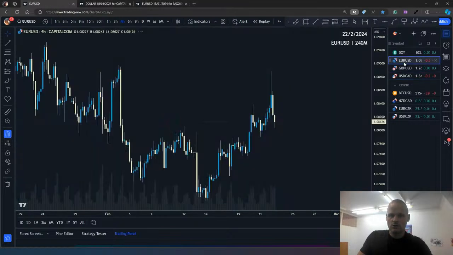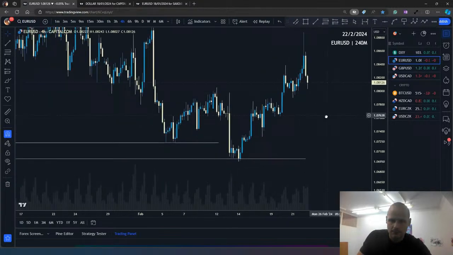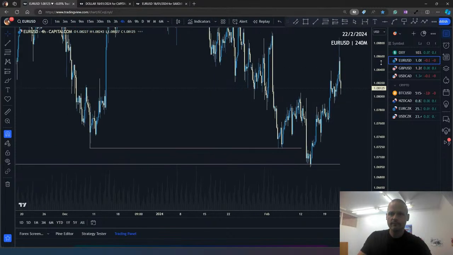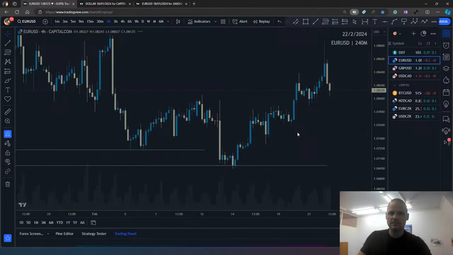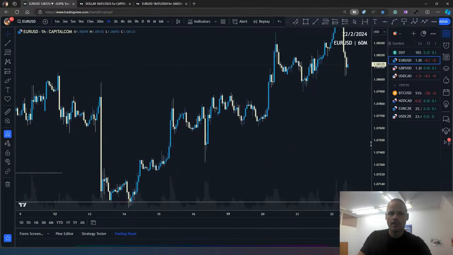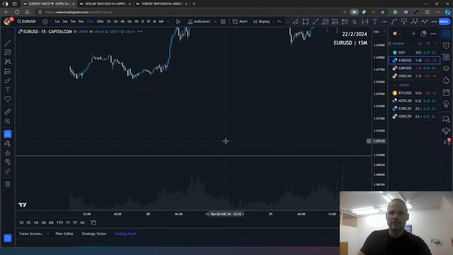Now let's look at the euro. And here it is actually the opposite. We had the trade from the external because these double bottoms were left in here, and then we had the trade from the external to the internal. So it's another example, an opposite example. We need to go to a lower time frame in here. Here it was difficult to enter. It was even on the 15 minutes.